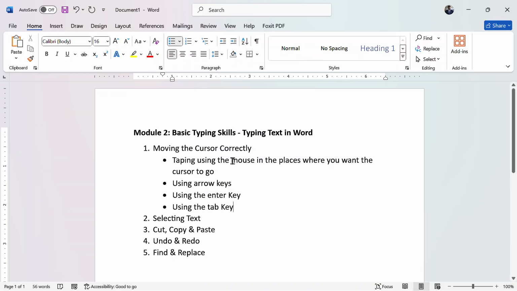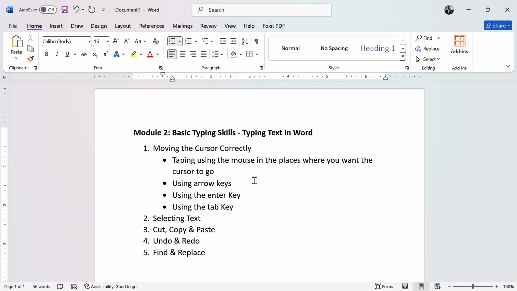Actually, you can also have a combination of keys which can help you move the cursor. One, when you hold Control and tap on the arrow keys, it moves past one word. What am I saying?